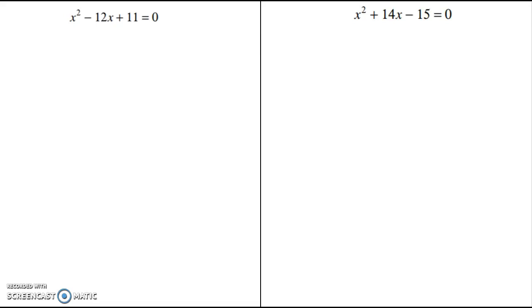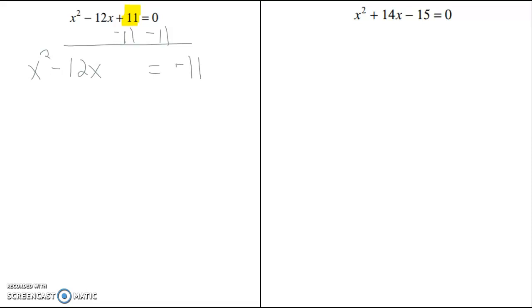So the first step is that you need all of your variables on one side and your constants on the other. We're keeping the numbers in front of our variables, but the constants that are completely by themselves, they're going to move. So we're going to be moving this 11. And in order to move a positive 11, we'll just subtract 11 on both sides. So on the left-hand side, I'm left with x squared minus 12x